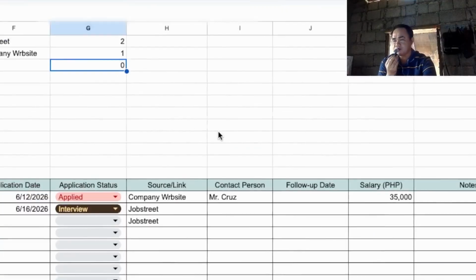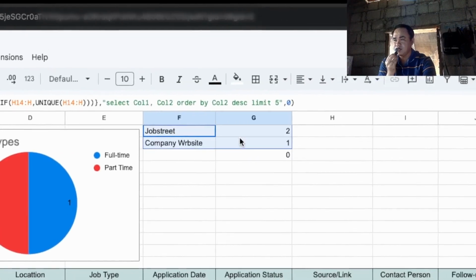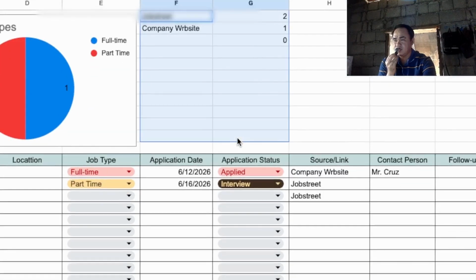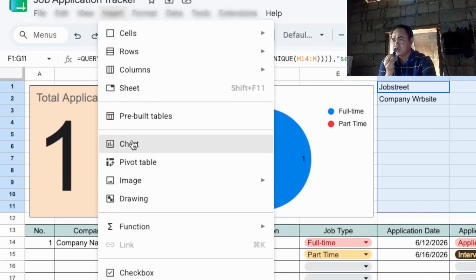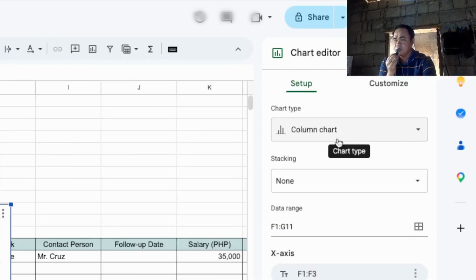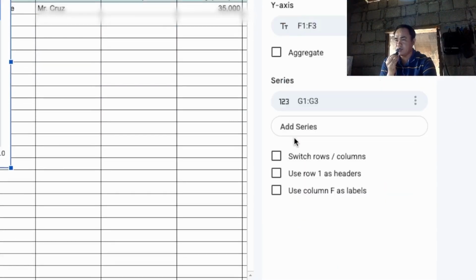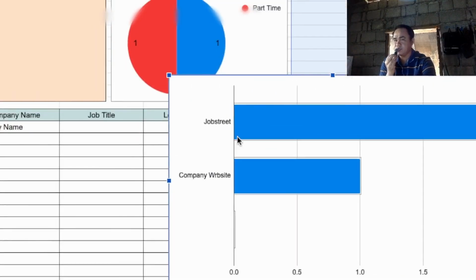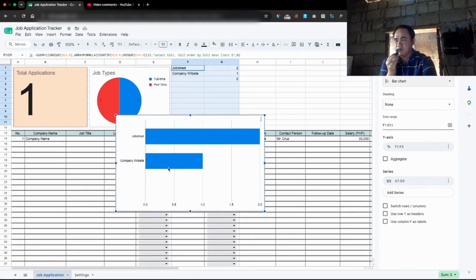Now we're going to select this from here and then here, and then go to Insert and Chart, and then we're going to replace the chart type from column to the bar chart. As you can see, we have here now the bar chart.